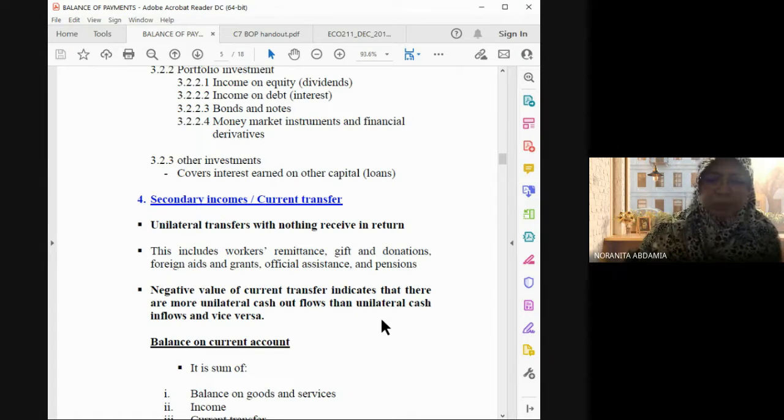Bayar dalam bentuk apa? Inilah contoh-contoh dia. Mungkin pekerja asing terlalu ramai di dalam Malaysia, mereka berikan duit kepada keluarga mereka di kampung masing-masing. So that's actually a huge number of payments ataupun transfers. But that's unilateral, one way only. Alright, so tak dapat balik betul. Dia bayar macam tu lah, settle. That's it. Okay, we will not receive in return. So this is unilateral, right? More money outflow if negative, right?